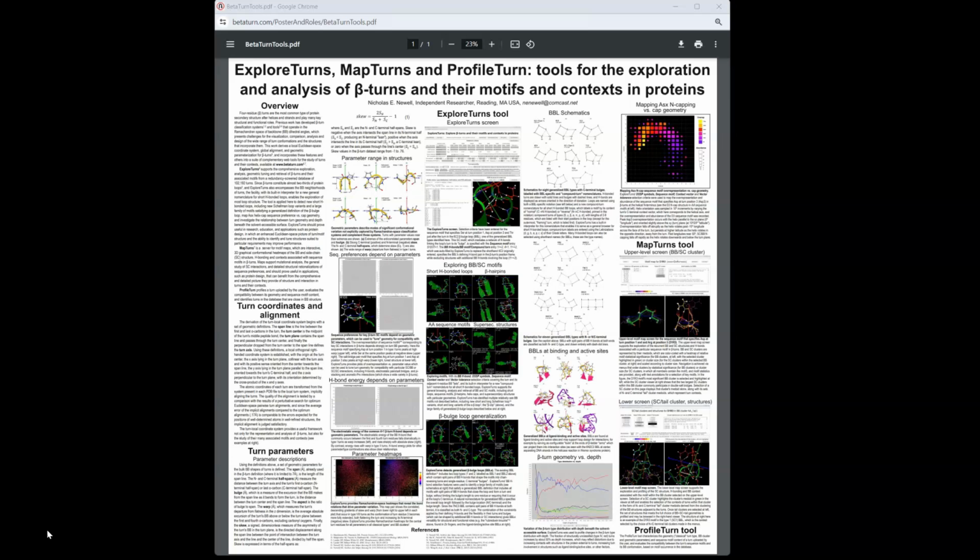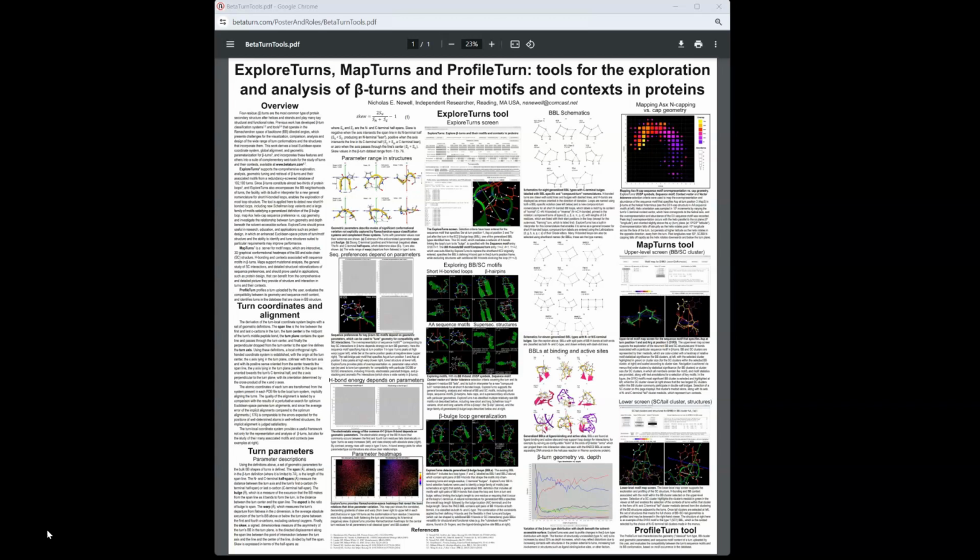My poster concerns beta turns, which are 4-residue backbone segments in proteins that are the most common type of local protein structure after helices and strands, and play key structural and functional roles. Previous work has developed beta turn classification systems and tools that operate in the Ramachandran space of backbone dihedral angles, which presents challenges for the visualization, comparison, analysis, and design of a wide range of turn conformations and the structures